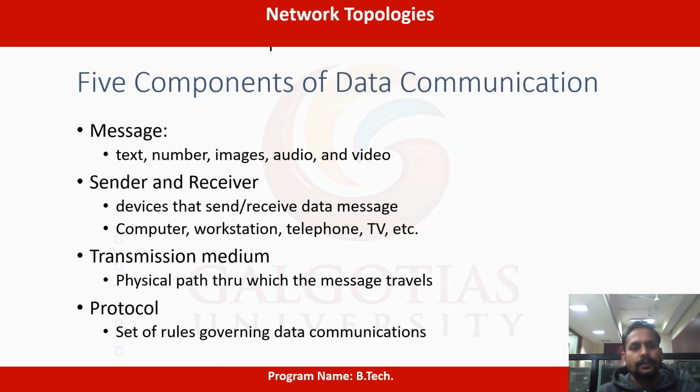Right. So you see, for framing networks we need some components. There are five important components in network communication: message, sender devices, receiver devices, transmission medium, and protocol. What is a message? It is just the data or raw bit information that we want to communicate. It may be text messages, audio, or video.